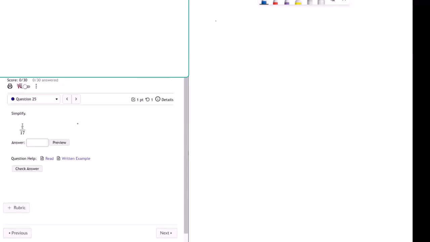Now we're going to do 7/5 divided by 17. This is in the numerator. This really is what's in the denominator. This is the same as saying 7/5 divided by 17/1,